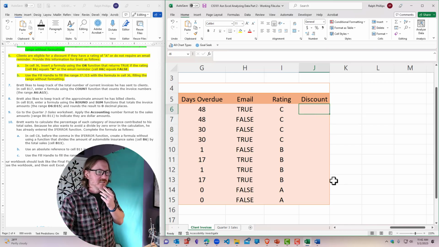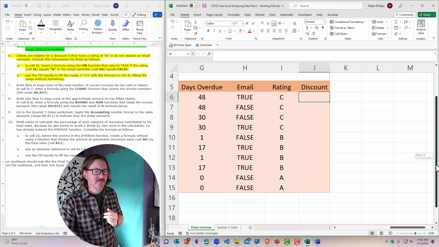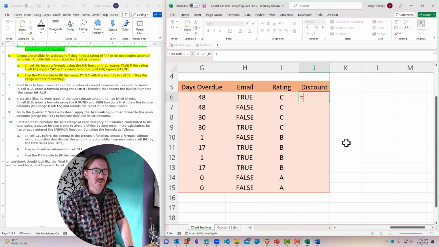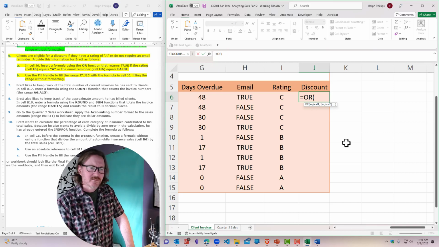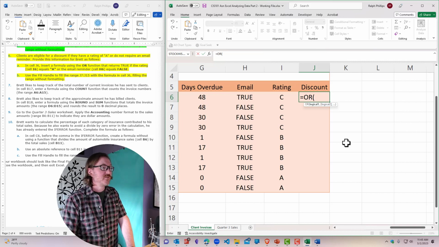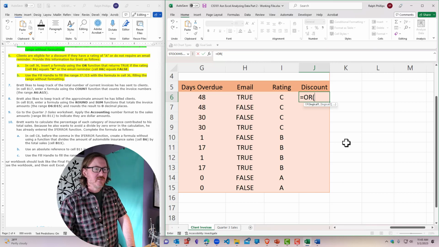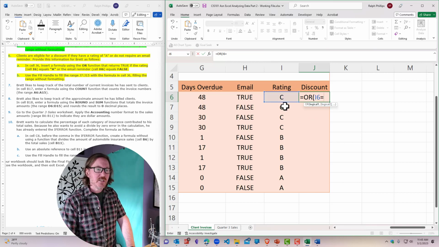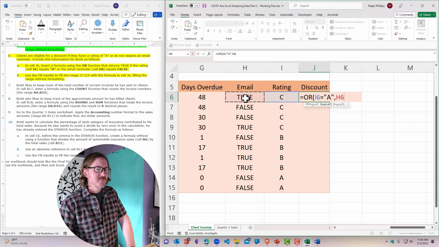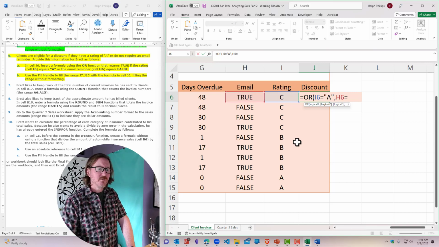In J6, and I think this is all I need to see here, insert an OR function. So I'm going to do equals OR. Oh, I got to spell the word OR. There we go. OR that returns true if the rating in cell I6 equals A or the email reminder equals false. Okay, so I want if I6 is equal to A, comma, or if H6 equals